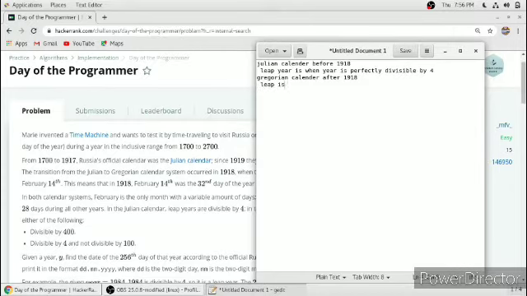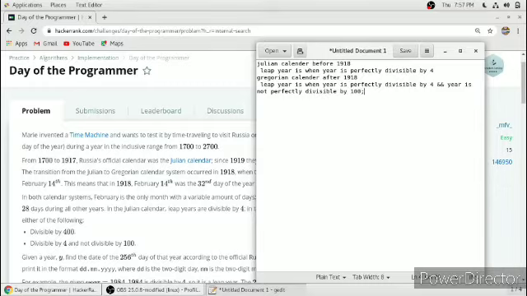That is, a leap year is when the year is perfectly divisible by 4, and it has to satisfy one more condition: that year is not perfectly divisible by 100.